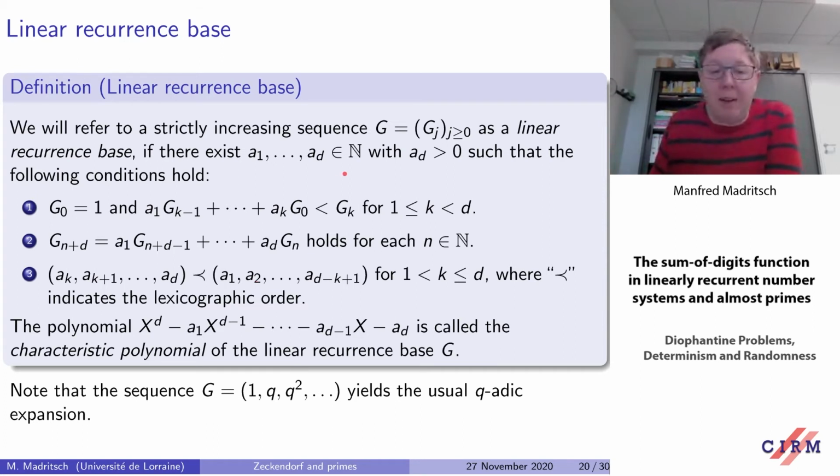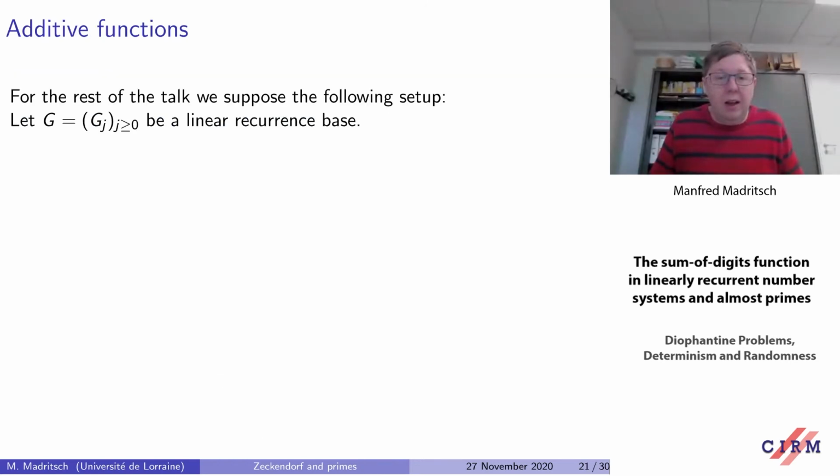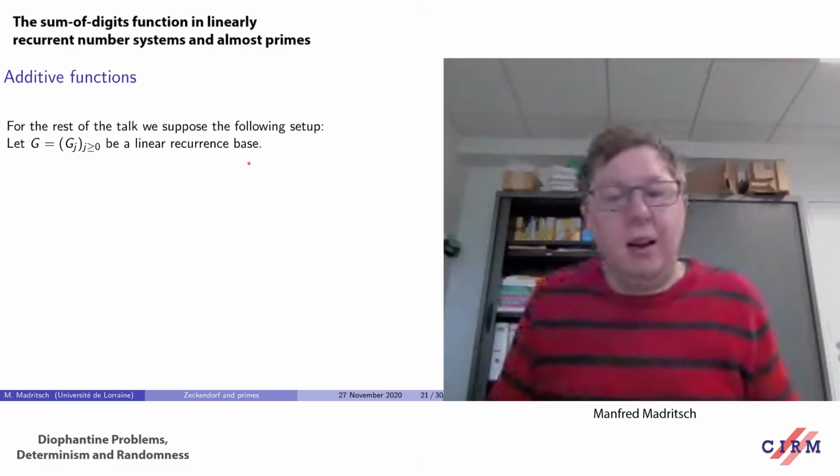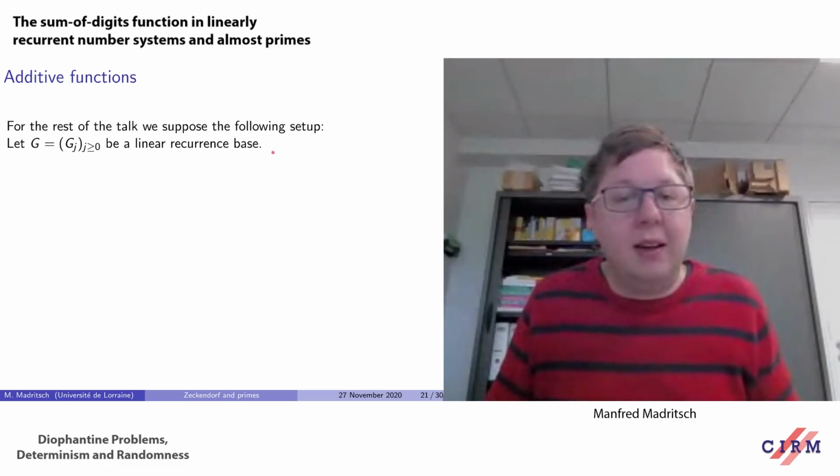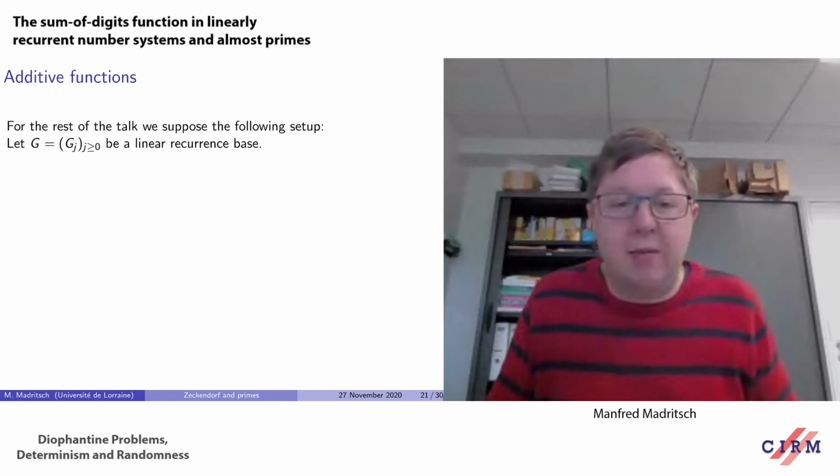And for an arbitrary linear recurrent sequence, you do the same. And for the q-adic numbers, you have the representation that G(n+1) is q·G(n). So this really generalizes also the q-adic expansion from the beginning. And for the rest of the talk, I will fix such a linear recurrent base, and in this linear recurrent base, as before, we can